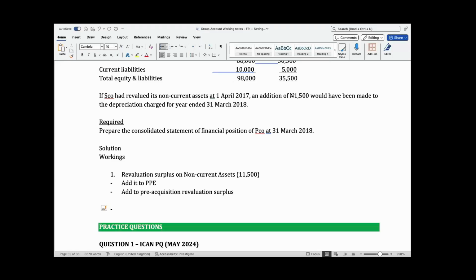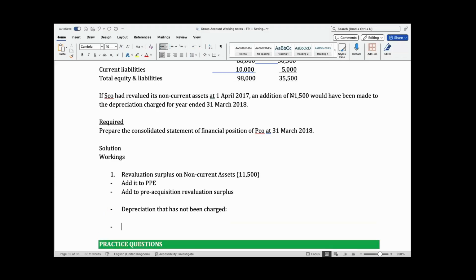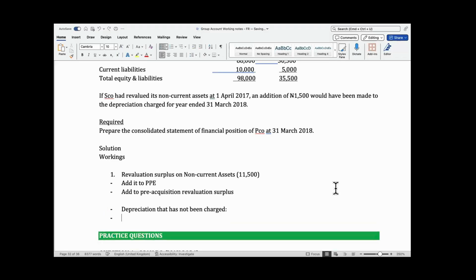And secondly, the depreciation that has not been charged. So for the depreciation that has not been charged, first, we are going to deduct from the PPE. And how much was that depreciation again? It was 1.5. Deduct from PPE,